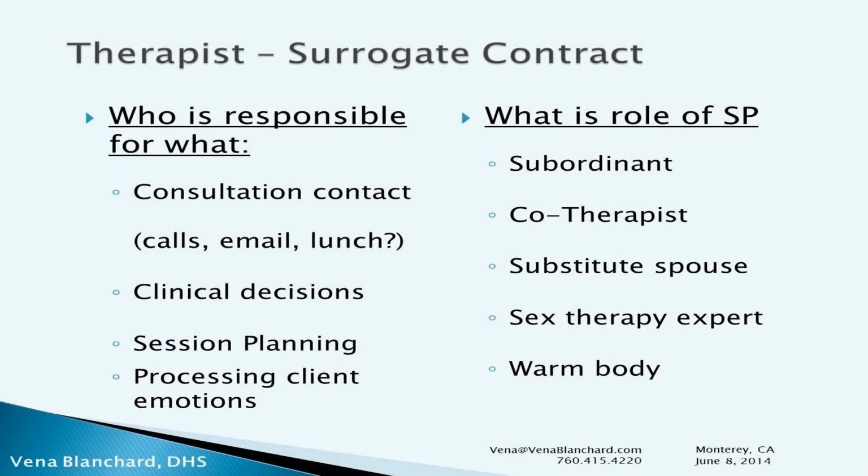Therapists and surrogates need to make a clear contract with each other, and that includes who's responsible for what, who's going to make the phone calls. Are we going to be co-therapists or is one subordinate to the other? Who's going to be running the case? We don't want to talk about that. Make sure that the therapist and surrogate are compatible, because this is often the weak link. We don't see each other as often. We don't talk to each other as long. The intimacy is not as great. And so the therapist and surrogate need to make sure they have solidified their relationship in the beginning and that they clear it occasionally in the middle of the process.